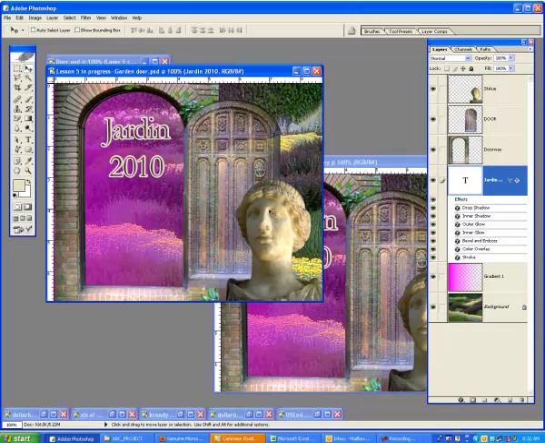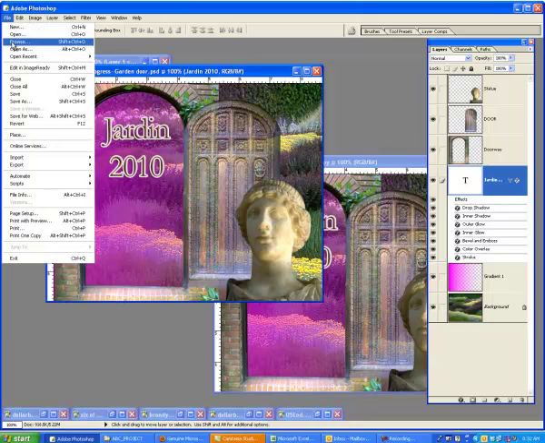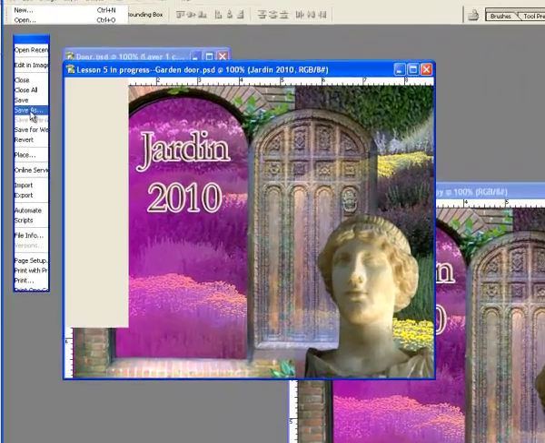Now let's say that you're done with all this and you want to save it. We tend to save things and perhaps we want to put it on the internet. Photoshop documents don't go to the internet well. We want them to be saved as a JPEG. Very simple how to save it as a JPEG. You just go File, Save As,